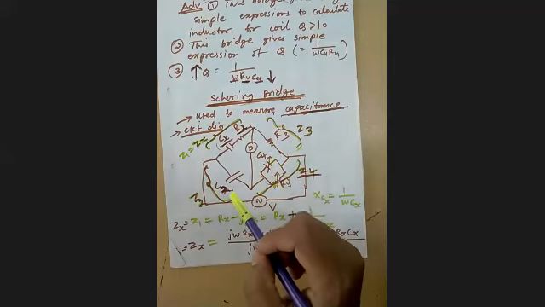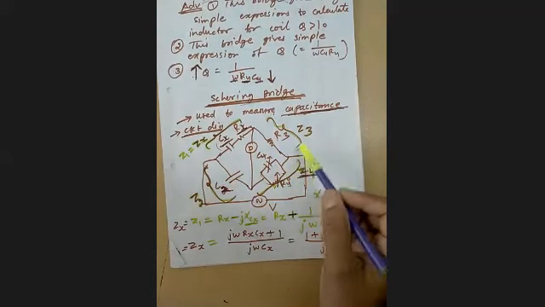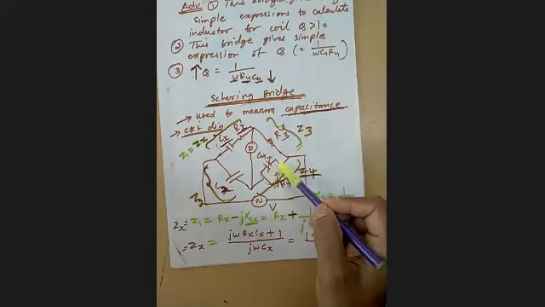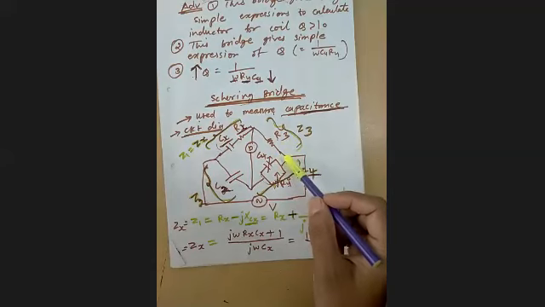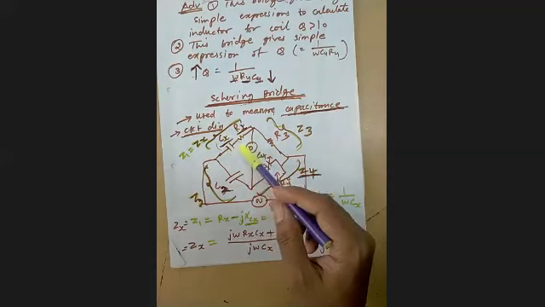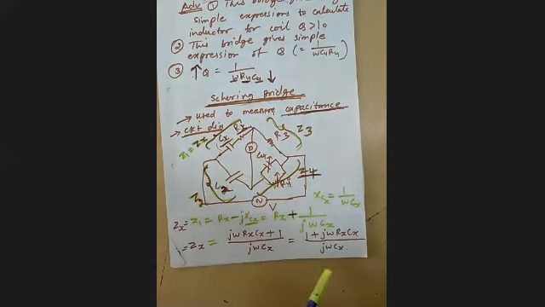But in the Schering bridge, there is an arrangement of resistance and capacitor. Like in this arm here, the parallel combination is connected. Here, capacitor and resistance are connected. You cannot change this formation. We have to keep this formation, and in any one arm, this unknown capacitor can be connected. So this is the circuit diagram of the Schering bridge. So it is used for the measurement of capacitance.